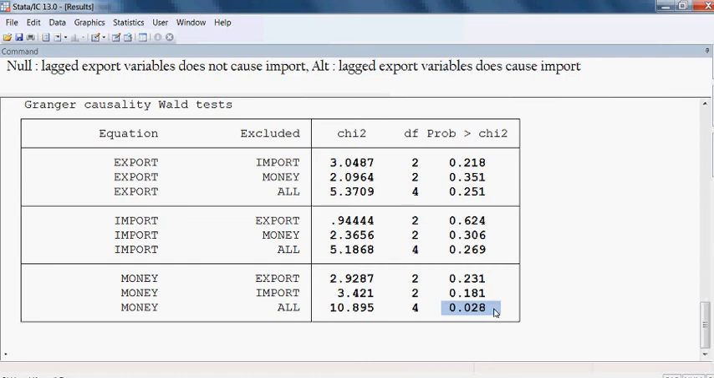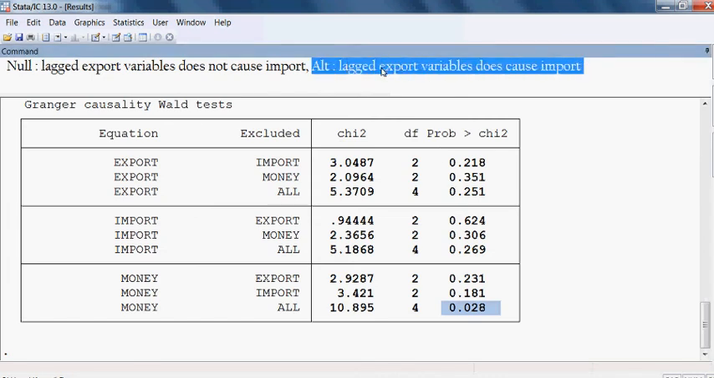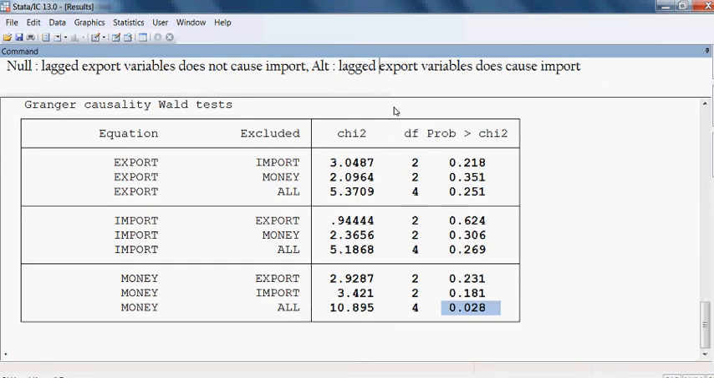2.8%, which is less than 5%, meaning that we can reject the null hypothesis and can accept the alternative hypothesis, meaning that lagged export and import, as a whole, can cause money supply, right? Okay, because here the probability value is less than 5%, right? Okay, so